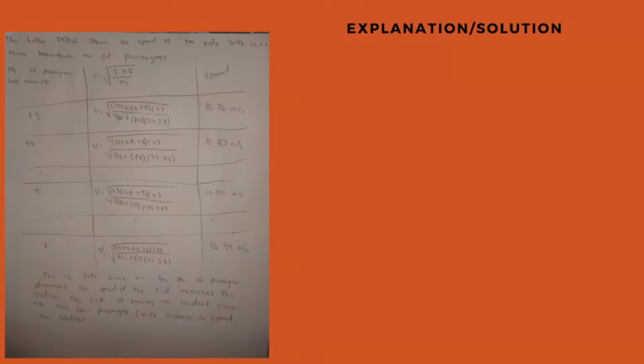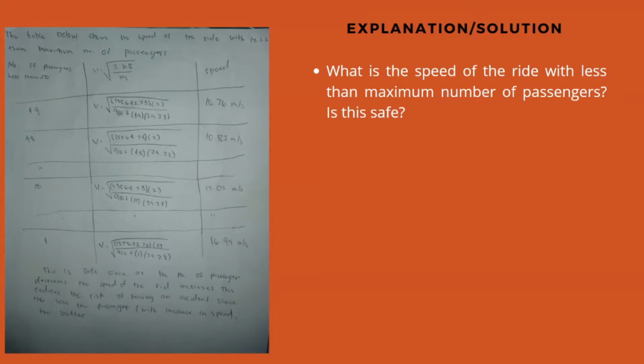Number 2. What is the speed of the ride with less than the maximum number of passengers? Is this safe? As you can see in the table, it shows the speed of the ride with less than the maximum number of passengers. The first column tells the number of passengers less than 50. So when the passengers are 49, V is equal to the square root of 134,642.78 times 2 over 910 plus 49 times 29.28, and the result of the speed will be 10.76 meters per